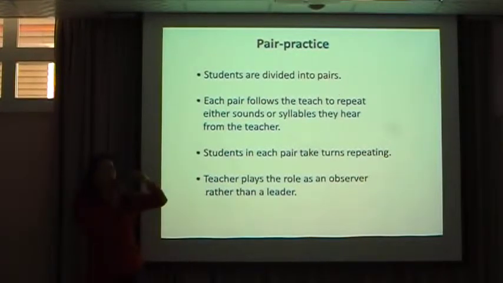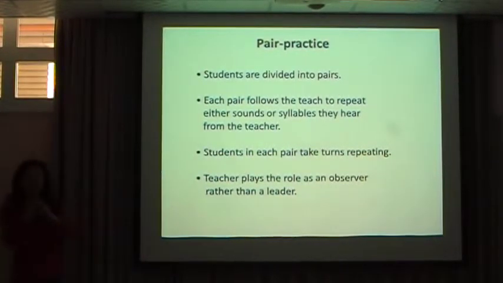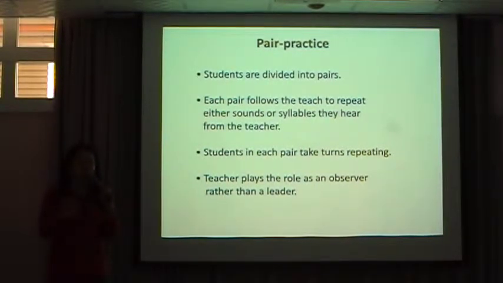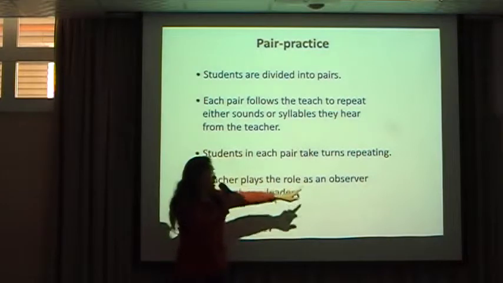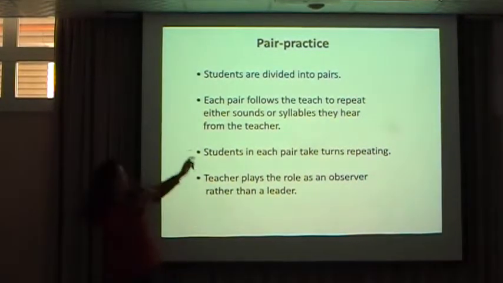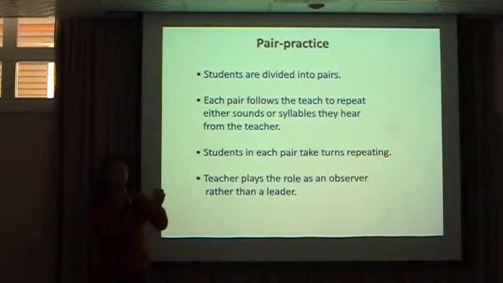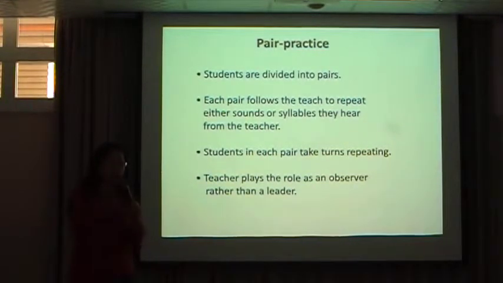This part is just for your reference, just skip it. If in the group they can repeat after me the whole word list, then I think they are willing to learn more. Teachers play the role of an observer rather than a leader. If we are in pair practice, because we put students in pair groups, they will do this kind of demonstration as the teacher did before.